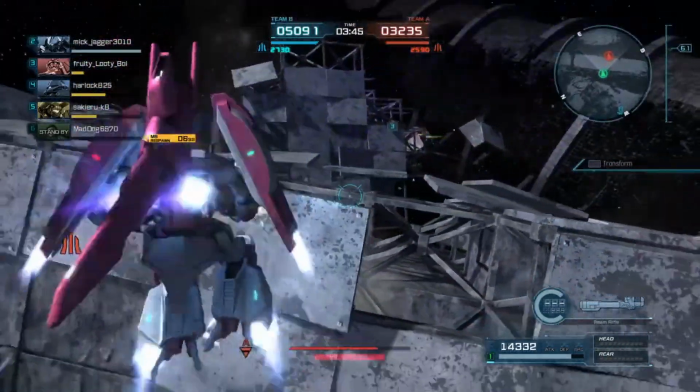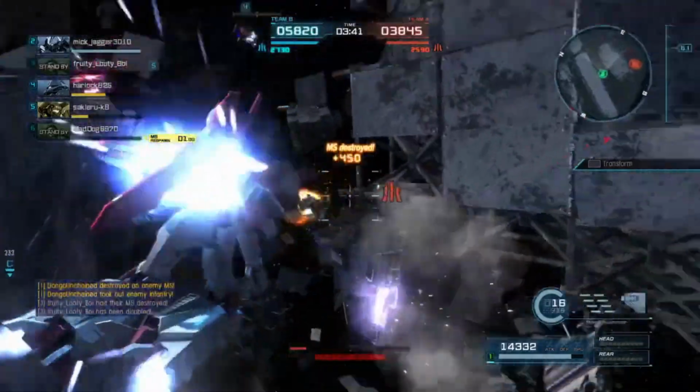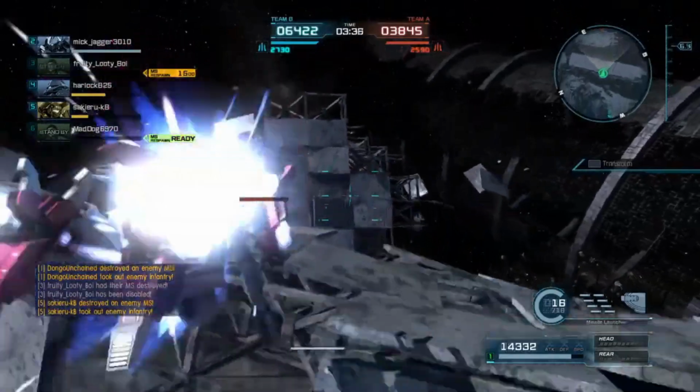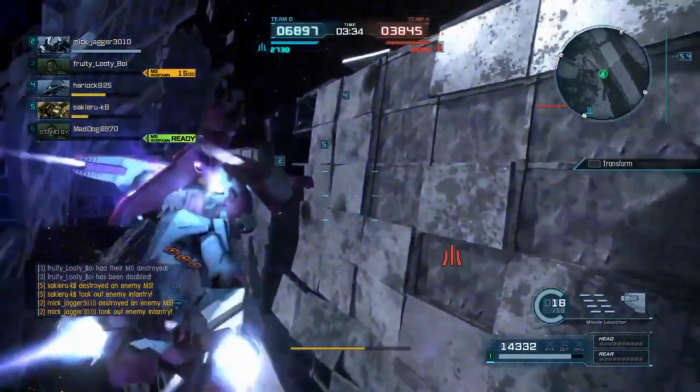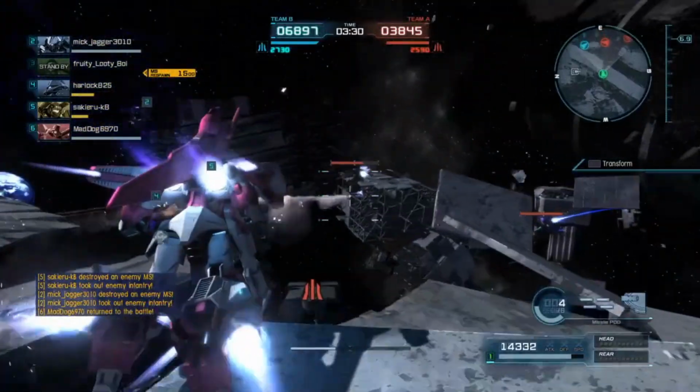But then you have the Gaza D Beam Saber, which is 2,200 damage. Pretty nice moveset for it. Pretty simple. The neutral swing has some reach to it, which is good. The downswing, you kind of lurch forward when you use it, so you can use that with your hover ability to get some extra